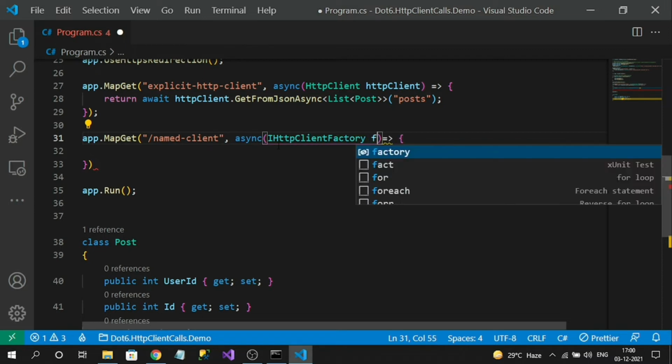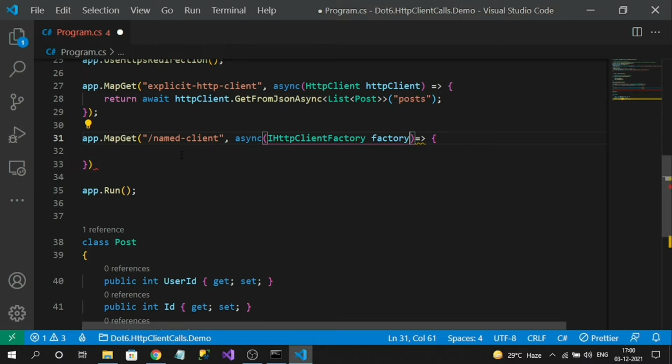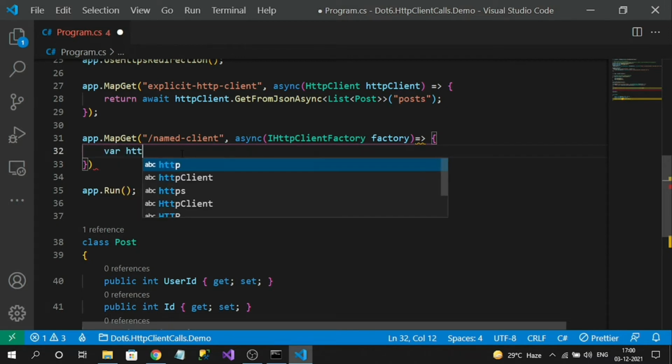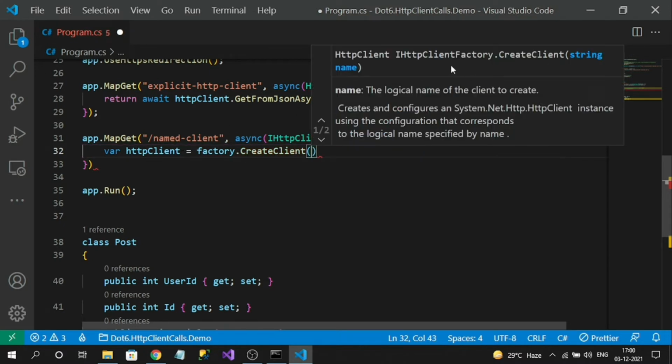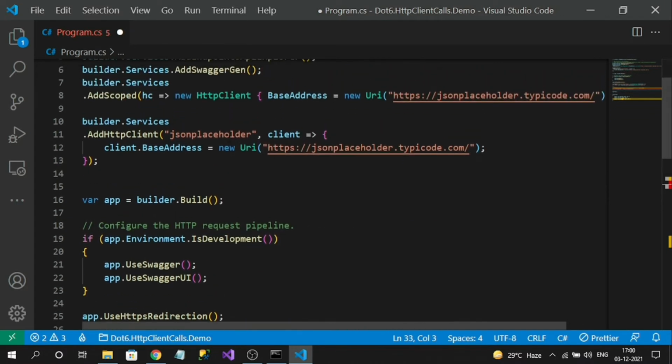Now what I can do is create an object, that is nothing but the HttpClient object, from the HttpClientFactory. To create that, I write var client equal to factory.CreateClient. To this CreateClient method, here we can pass the name. This name is nothing but the registered name.